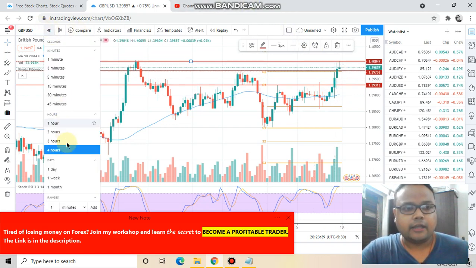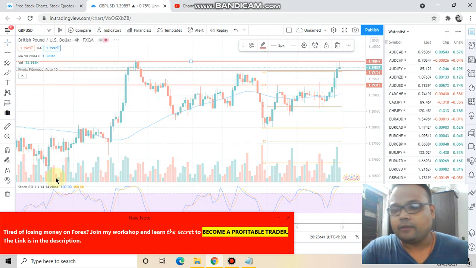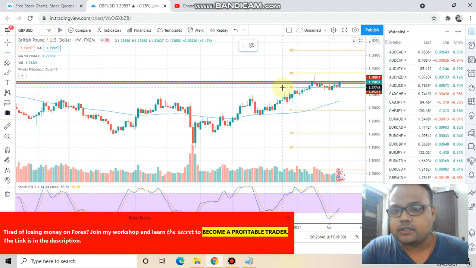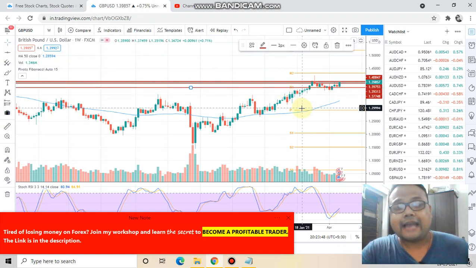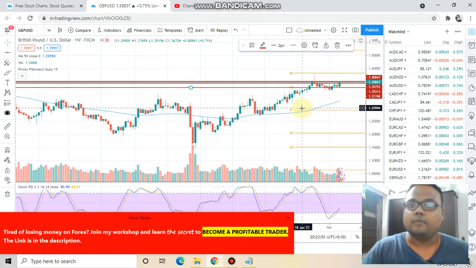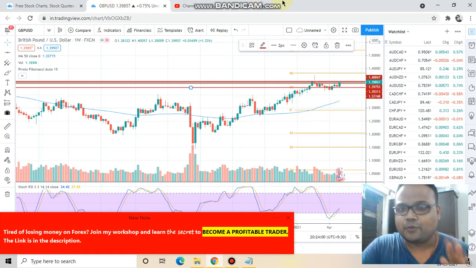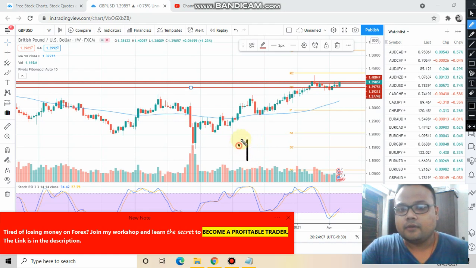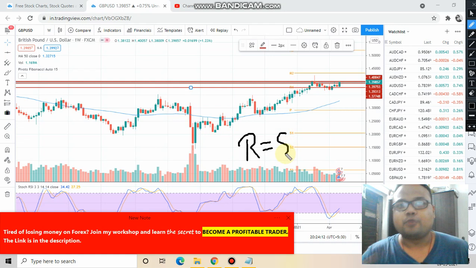I would like to take you to the weekly time frame again, because in the weekly time frame we get to see a very crucial support for the market, which is acting as a support for GBP USD for a couple of weeks. Before that it was acting as a resistance, and before that it was acting as a support. So to put it simply, this level is so important that for the last couple of weeks, this level is also resistance and also support for the market.